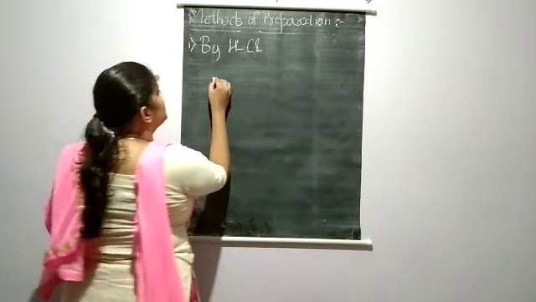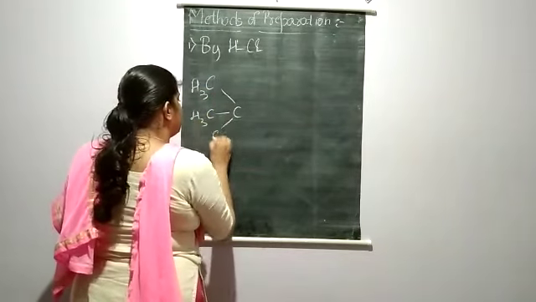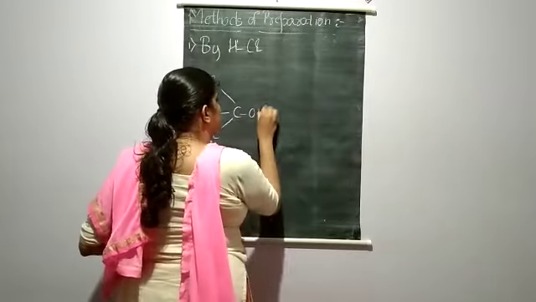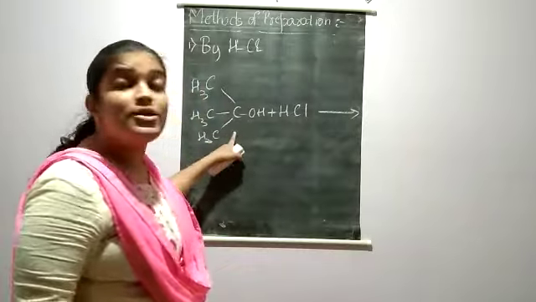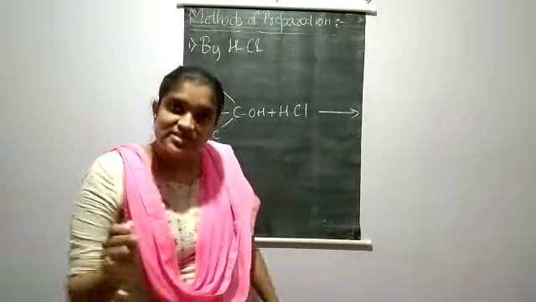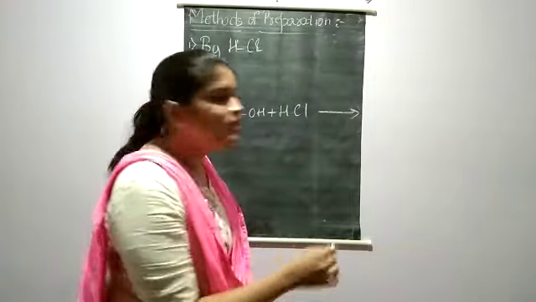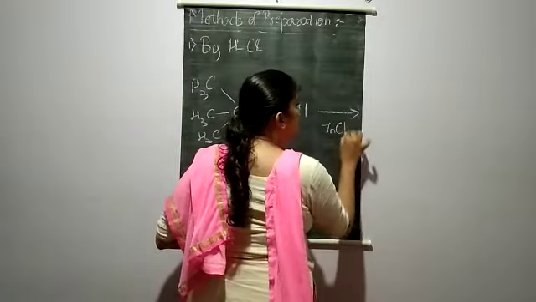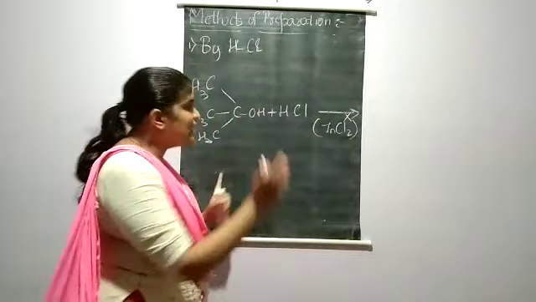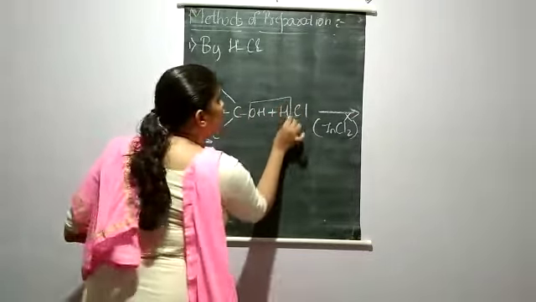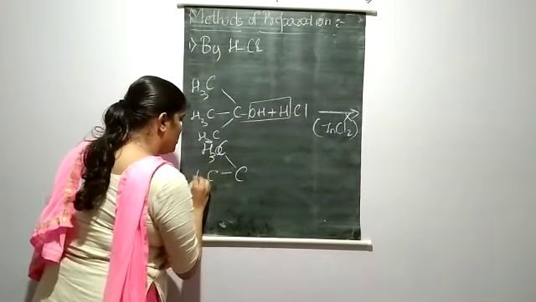Now moving on with the tertiary alcohol, that is, the carbon atom which is attached to 3 more carbon atoms. And here HCl. Here you should know one thing, students. Here the tertiary alcoholic group is already stable. That is, the tertiary carbocation which is formed is already stable. So here there is no necessity of zinc chloride. It will easily break into a carbocation and a water molecule will be formed, forming our haloalkane plus a water molecule.